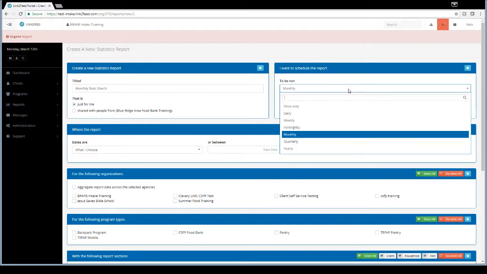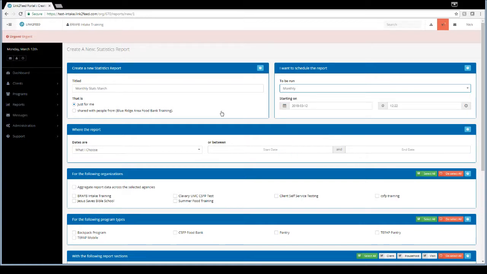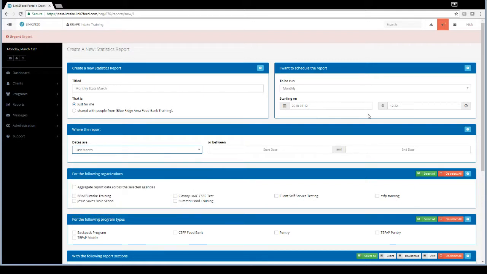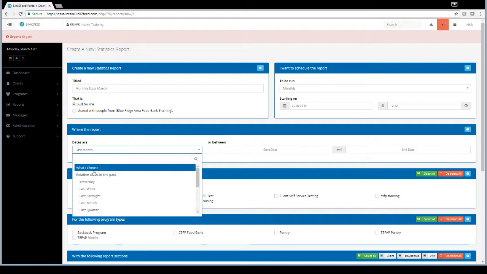So the big change here, I want it to be run, I select the interval, so that's monthly in this case. And then the other big change from the one-time only report is the dates are last month. So just to recap here, I start it, say on the first of the month, and the dates are last month, and so at the first of every month I'll get a report on the previous month. So it's the relative dates there, so I want it to be run monthly starting at the first of the month. The dates are last month,